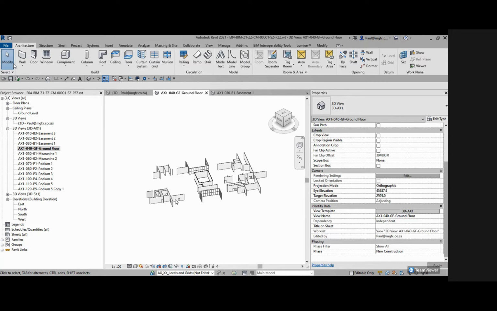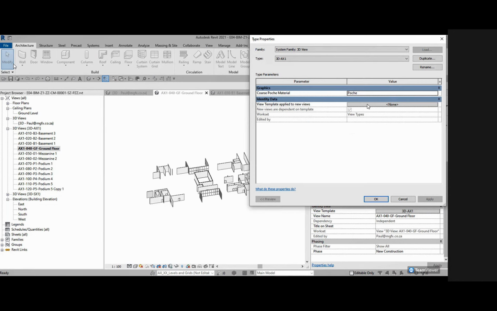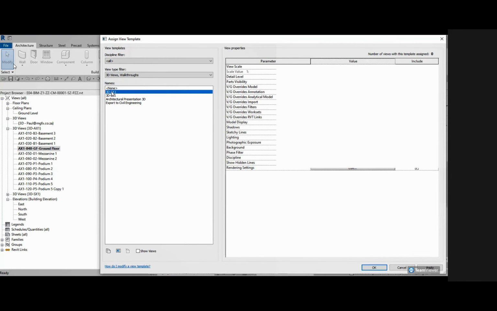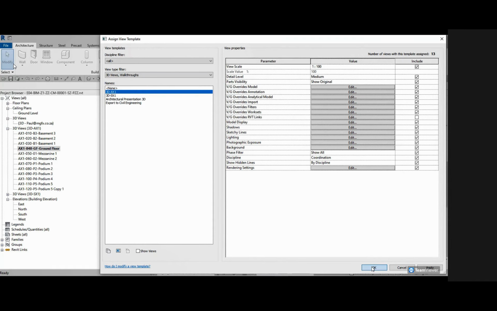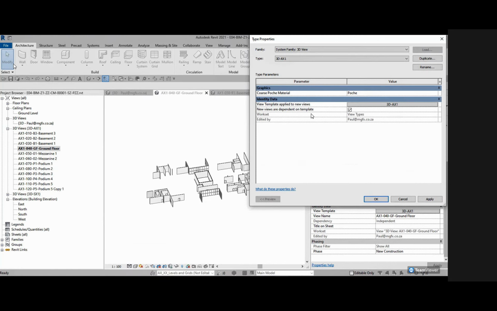So within this file, we've linked in both the architectural and the structural file. And now we're busy setting up views that are specific to architecture and specific to structural. Right. So if we look at the view template there for the architectural view, we're applying an architectural view template